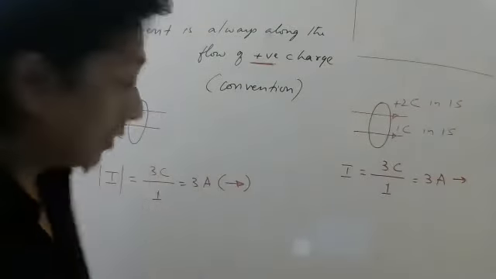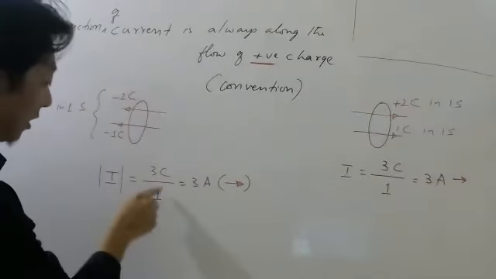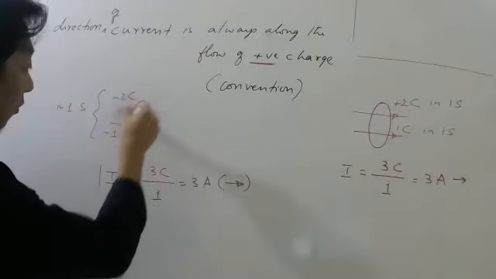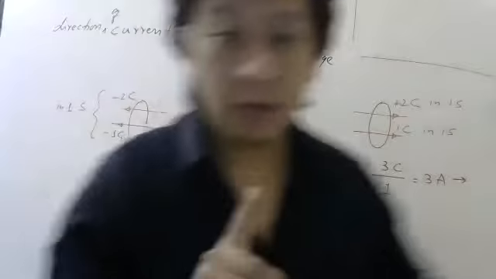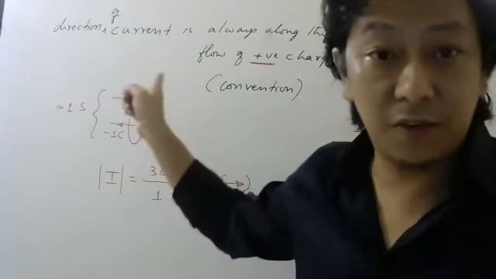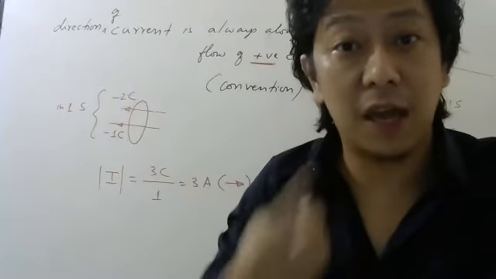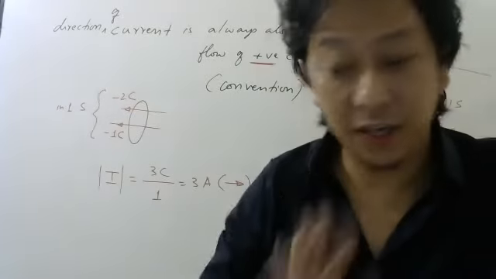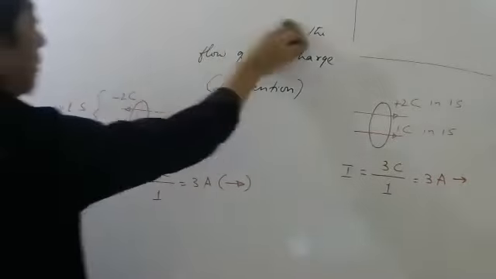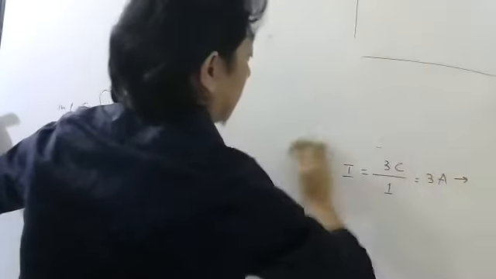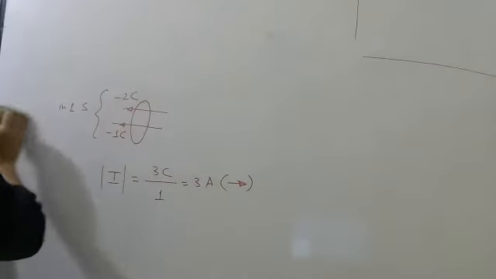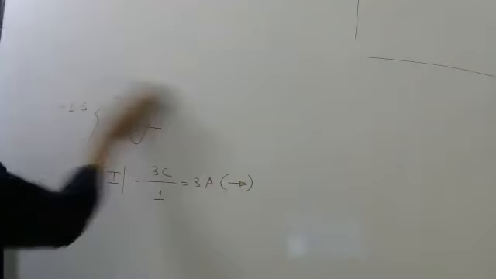While calculating the magnitude, you divide the total charge by the total time. But while calculating the direction, you have to take the direction opposite to the flow of negative charge. So current will be, write down somewhere, in the direction of flow of positive charge, as I have written, and opposite to the direction of flow of negative charge. That is historically done. So now, if you have understood this, write fast. Done? Okay.